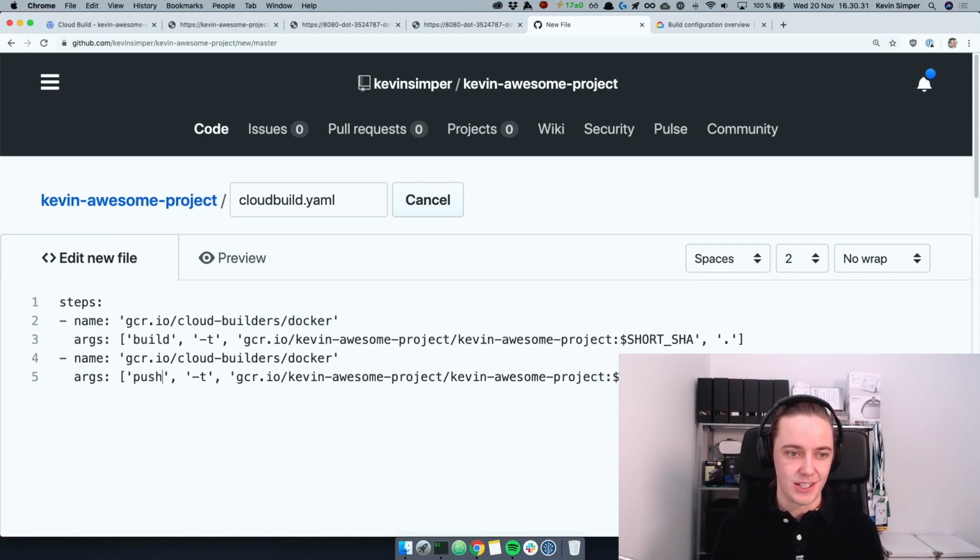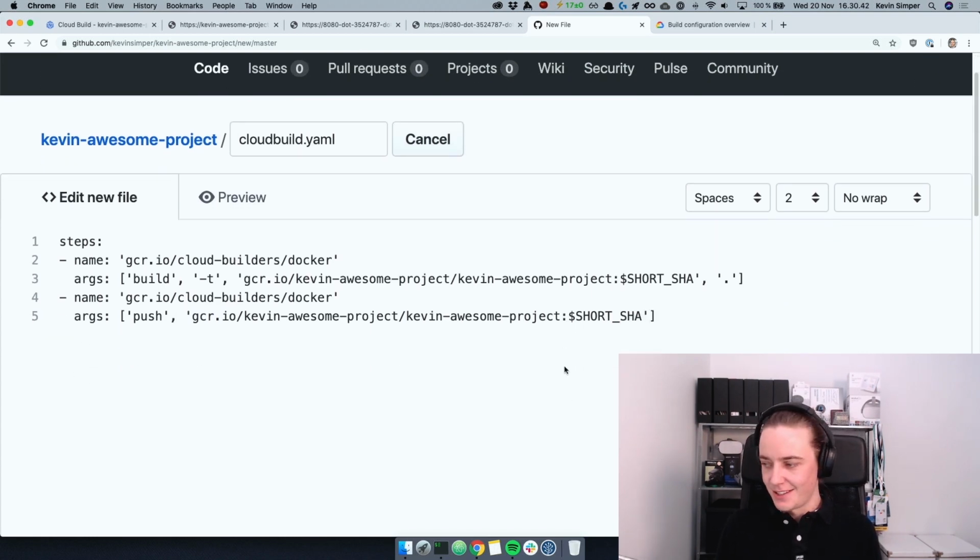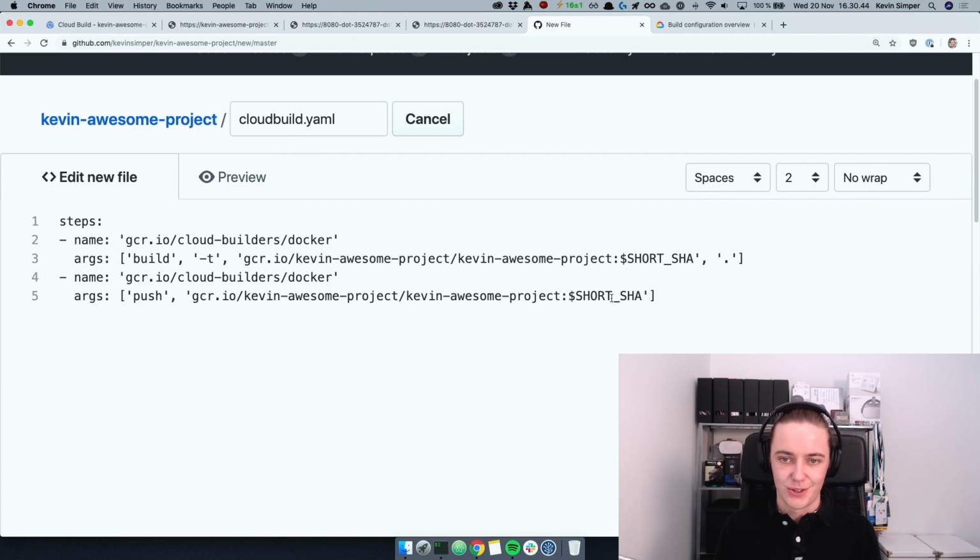So we're going to change it to push, and then push the image to Google Container Registry, and also delete the dot at the end. Oh, you cannot see this. So here you can see short char. We're basically doing push in the end. So we can commit this file,